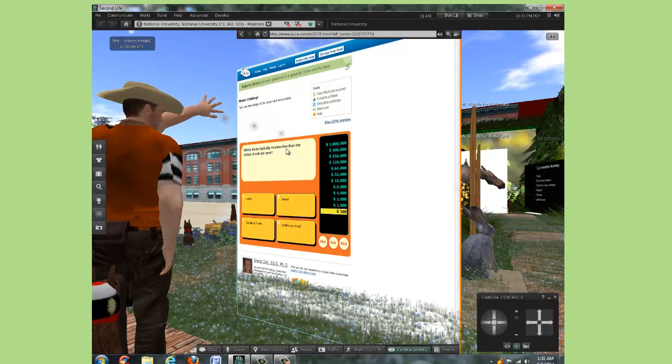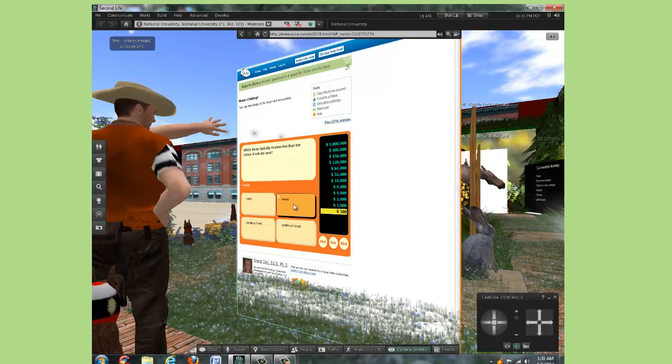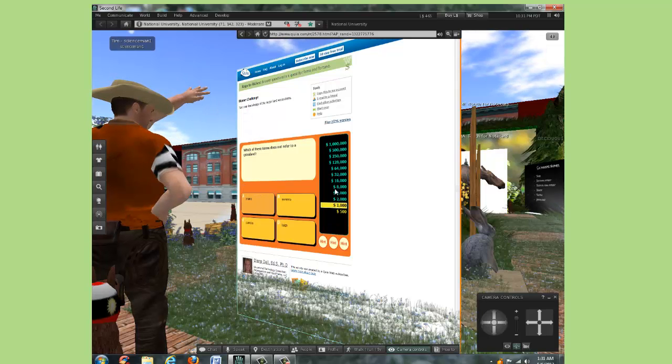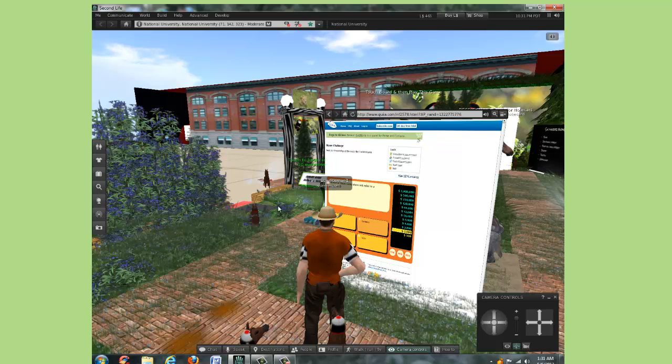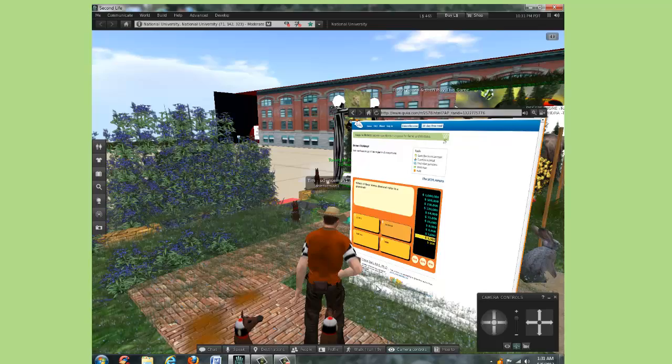Which biome typically receives less than 10 inches per year? Well, tundra is a good candidate, but desert's a little bit less. So let's put desert. It says correct. It'll give me another one in a minute. But I'll let you do that yourselves. And let's escape from this